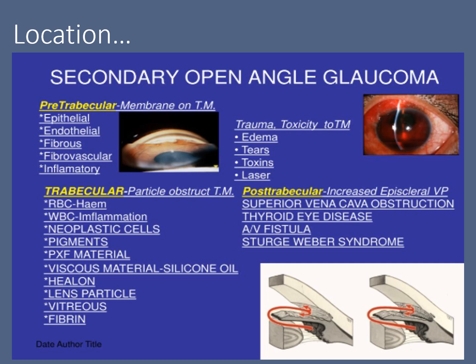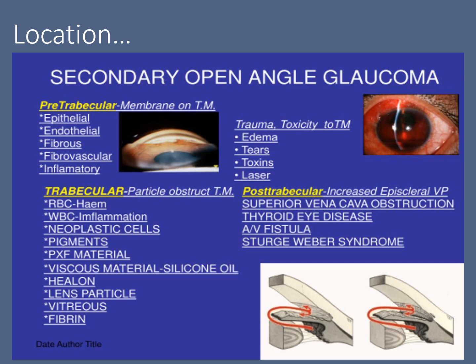Trabeculum is open, but there is a particle that is obstructing, like in case of RBCs, or WBCs in case of inflammation, neoplastic cells, pigments, pseudoexfoliation material, viscous material like silicone oil, healon, lens particle, vitreous or fibrin. Or it can be due to trauma or toxicity to trabecular meshwork, like in case of edema, tears, toxins or lasers. Or it can be post-trabecular, that is, there is increased episcleral venous pressure because of which pressure is rising,